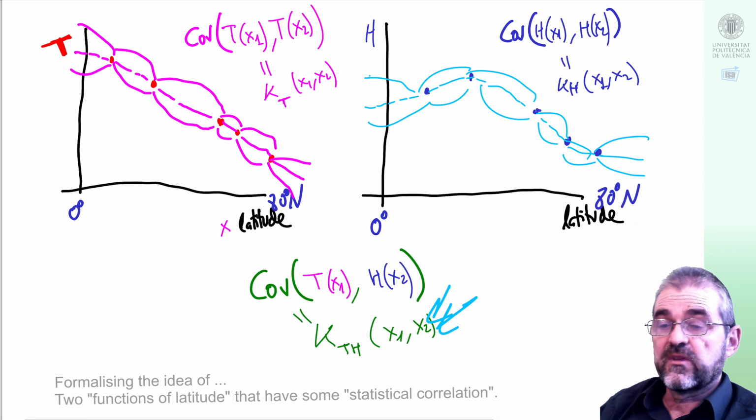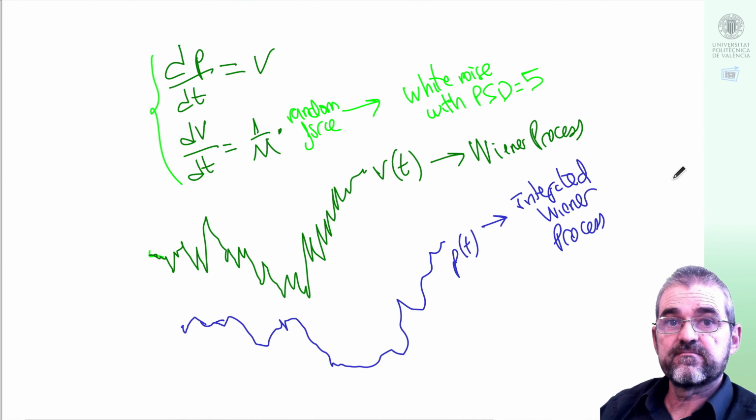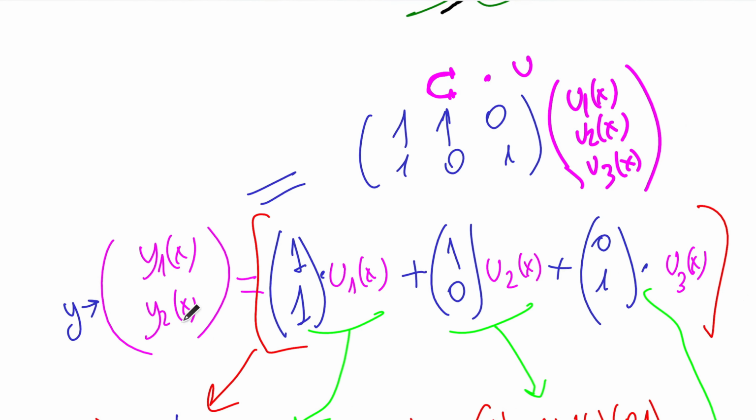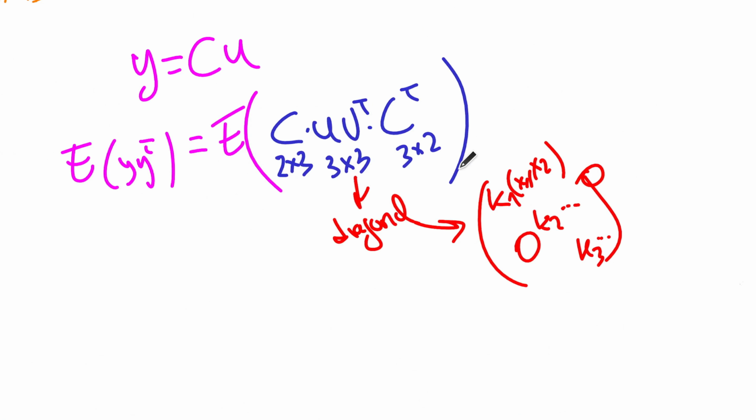That was the idea, and the statistical model could come from stochastic differential equations and things like that, with deep theoretical interest in signal processing, filtering, whatever, but we are not considering that. We are just considering that we draft a hypothesis that my observables y, functions of x, are a combination of, let's say, three independent stochastic processes that are superimposed with a given C matrix. In this case, we will have a -1 there. So under that assumption, y equals Cu, the covariance of the outputs will be a 2 times 2 symmetric positive